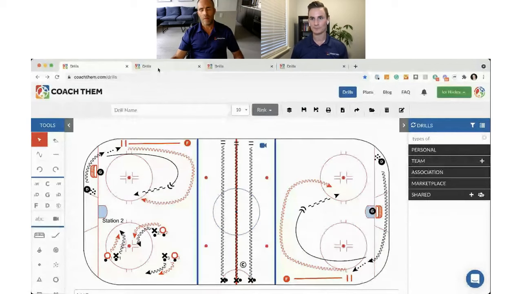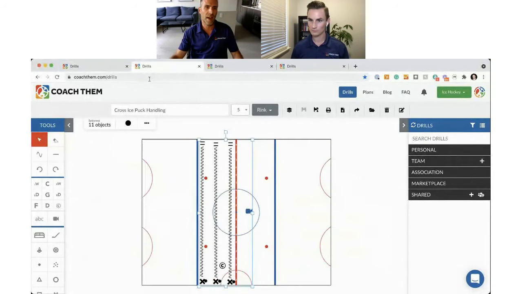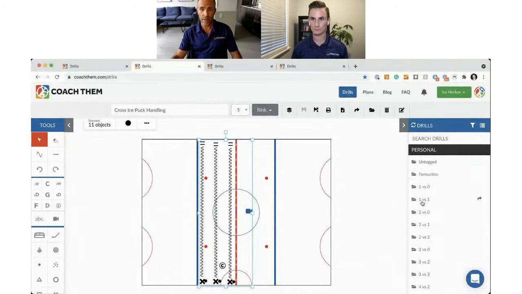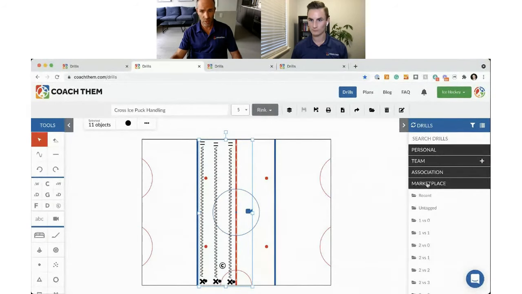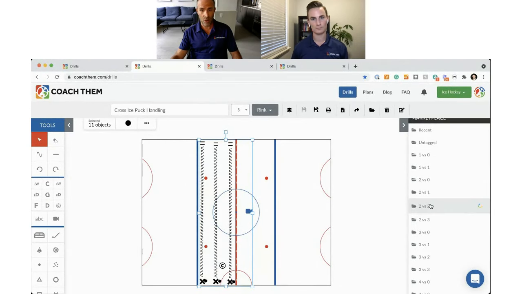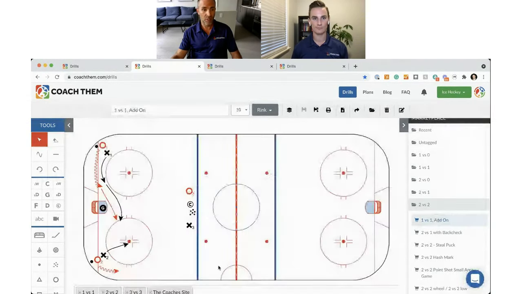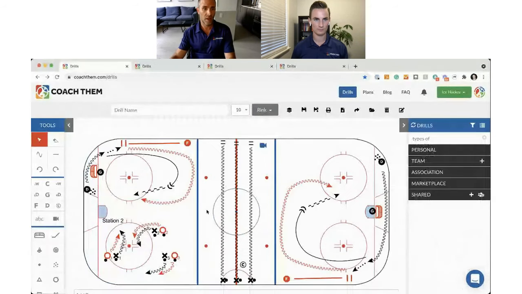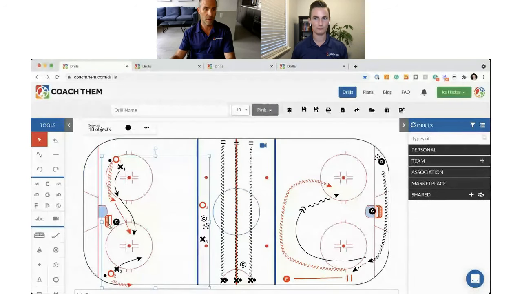Yeah, well, we're always looking at innovating, so we would love at some point to eliminate this option. I would like to stay in the same browser, but in the meantime, this is what we're going to have to do, is just having another tab. You go and scroll through any of your favorites, go to the marketplace drills, and just basically copy and paste them into your plan. So this is in marketplace. I could go and grab this. I copied it, and then if I don't like that, I'm going to paste it right in there.